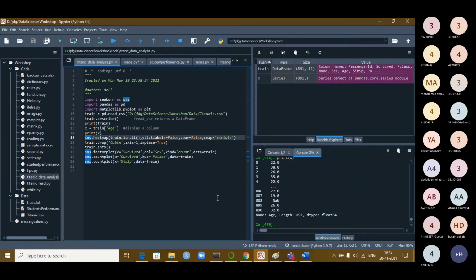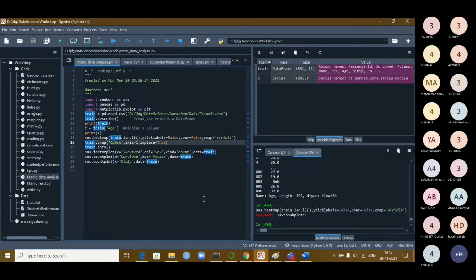Now this is a heat map. Train dot isnull is given as an input from the data set, with yticklabels false, that is the y axis labels are off. The remaining parameters are default, we are not taking any variation. So let us run it.